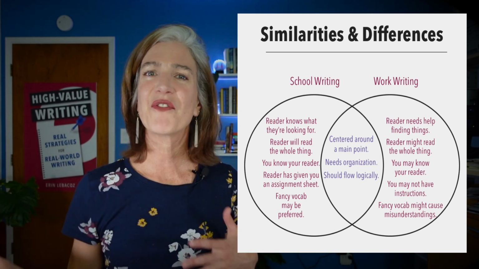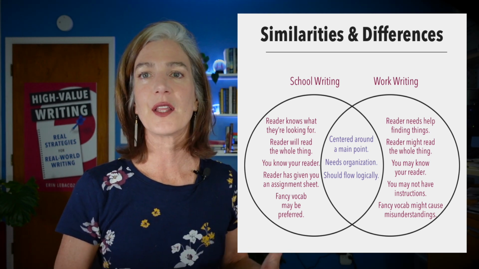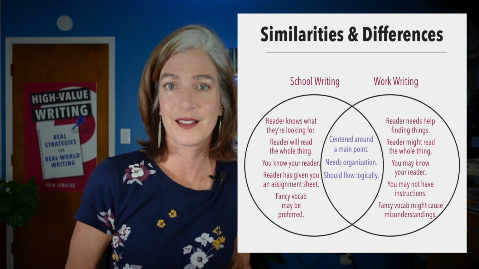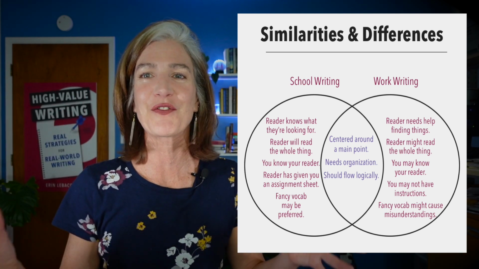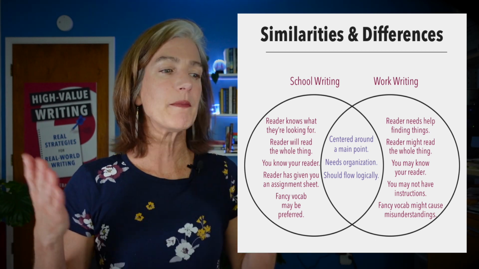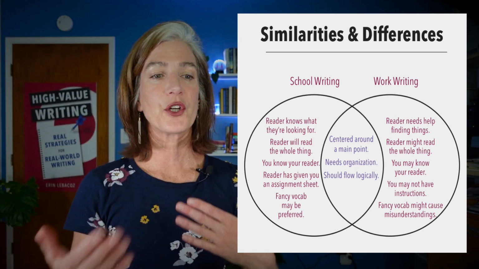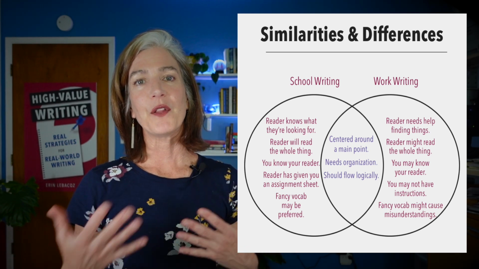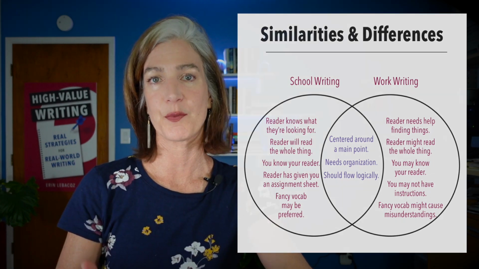But with work writing, a lot of that really does a 180. It changes completely. Now our reader needs to find things and get things done, and they need the writing that we provide them with to be easy. They don't want to have to hunt through and figure it out. They don't want to have to cross things out and try to look for that main point. So we need to provide all of that for them. We may not know them, we may not have instructions, but we want to think about what they need and then create a message that's clear, that does not rely on fancy school vocabulary, but just gets the meaning across as actively, consistently, and clearly as possible.